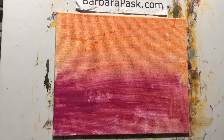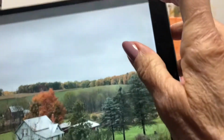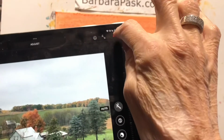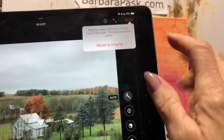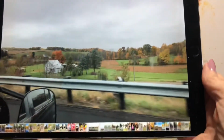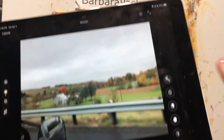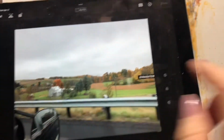Didn't exactly work for this, but you can do that. You know, go up to edit. I'm sorry, I already had cropped it some, I guess. Yeah, I'll show you what the original looked like. See, right out of the car. So if you edit and put the cropping tool on,